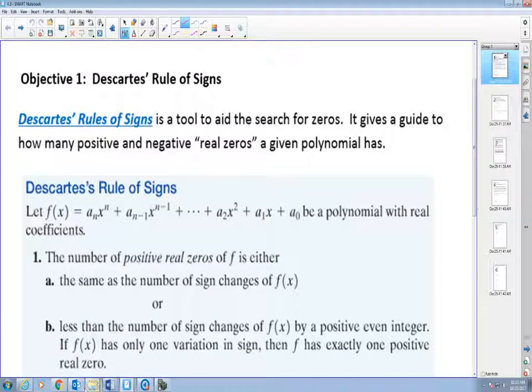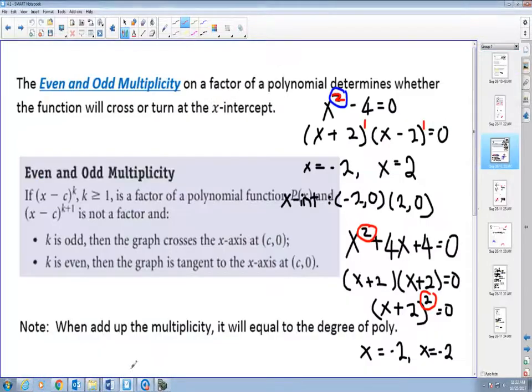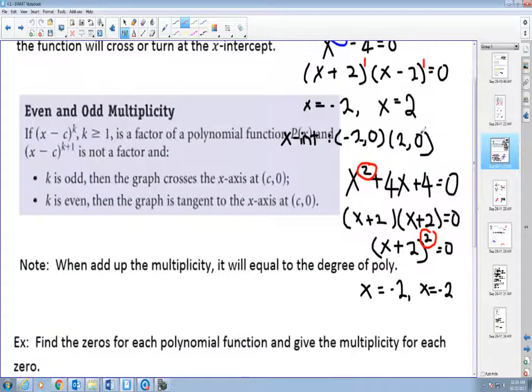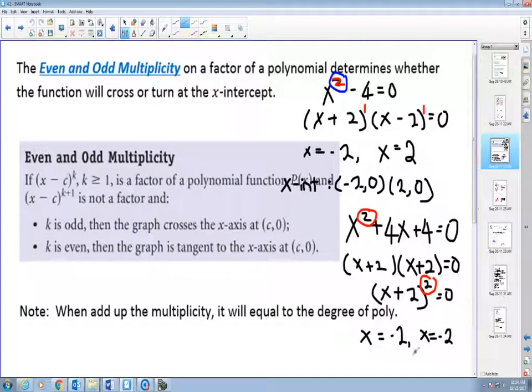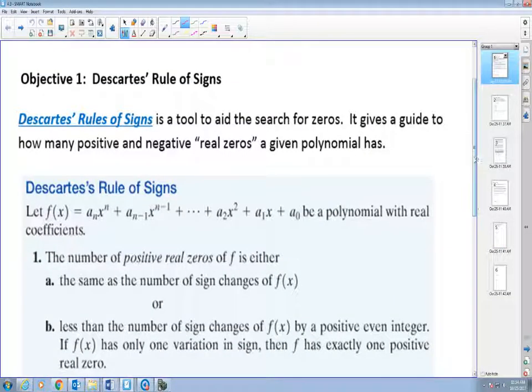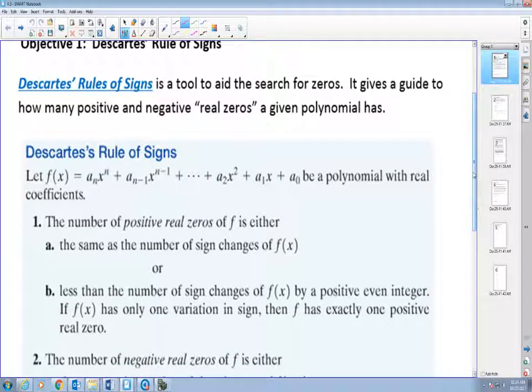Because I kind of demonstrated a little bit back in 4.1 where we can find the x-intercept. These type of answers show up on the graphing calculator. When we graph it, we see it cross or turn on the x-axis. So those type of zeros are called the real zeros, the ones that will show up on the graphing calculator. So this rule just gives us a guide on how many positive and negative real zeros a given polynomial